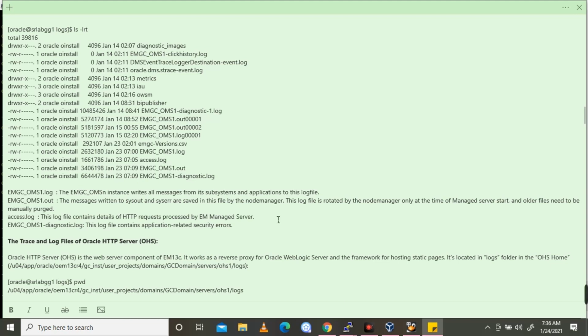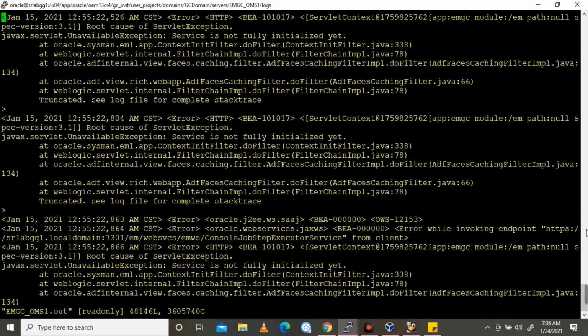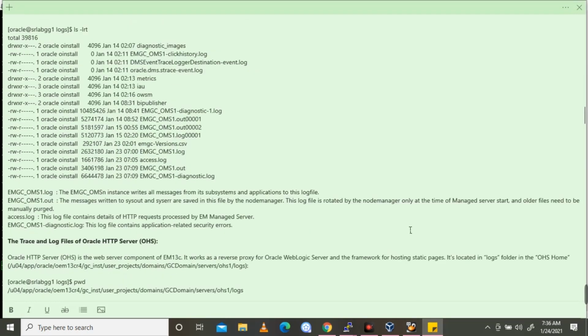This log file is rotated by the node manager only at the time of managed server start, and older files need to be manually purged. So this is the log.